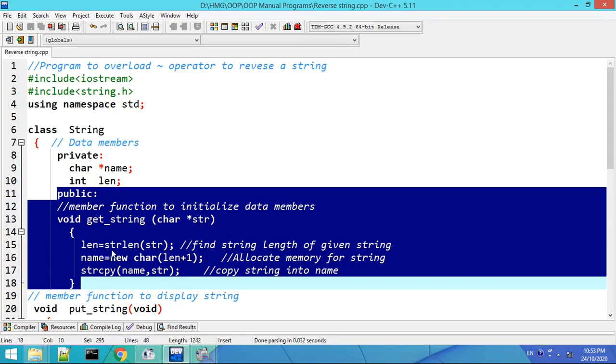And then here, first of all, I am initializing the len data member by finding the string length of the string that is passed as an argument. Then the memory is allocated using the new operator, as name is equal to new char[len + 1]. So the len is calculated, that is the string length of the string passed, plus 1 is for storing the null character. And like this, this particular statement with the help of the new operator will allocate the memory for the string,